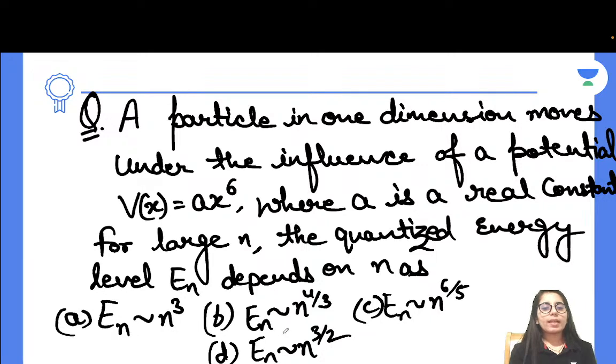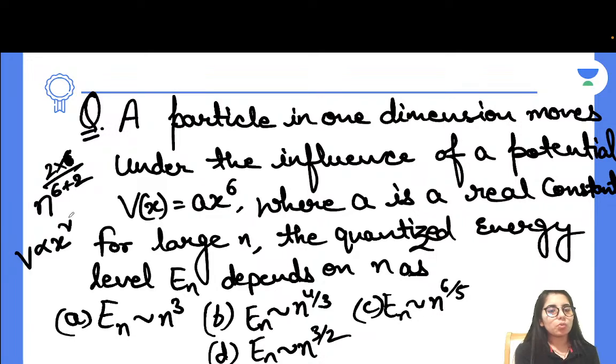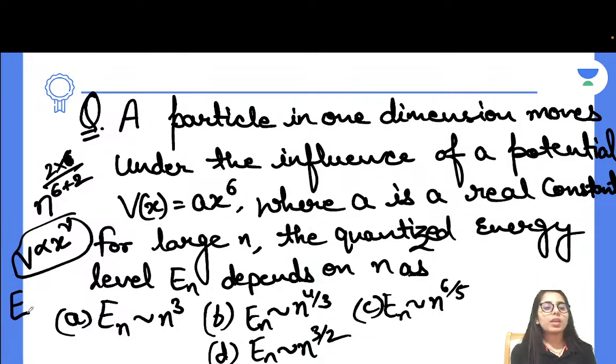So basically here it's going to be n to the power 2nu over nu plus 2. That is 2 times 3, 6 over 6 plus 2. Now what has been done here? Whenever you know that the potential depends on x to the power nu, let's say this is nu, and this is for a system we had the potential. In that case, there will be energies of the different states of the system. Let's say for the nth state, you want to know what the energy dependency on n is. It is going to have the formula n to the power 2nu over nu plus 2. This is what you have to consider here.